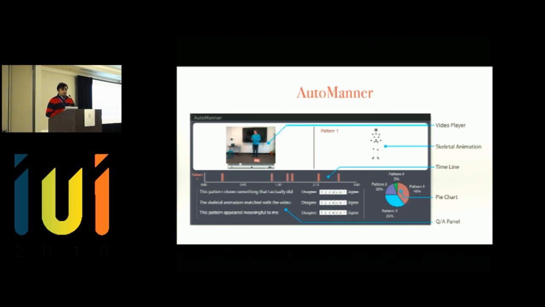In this box, we ask questions like, this pattern appeared meaningful to me. So what we are doing with these questions, we are priming the users to think more about the patterns of body language. And in our results section, we will see that this process makes the users much more aware of themselves.